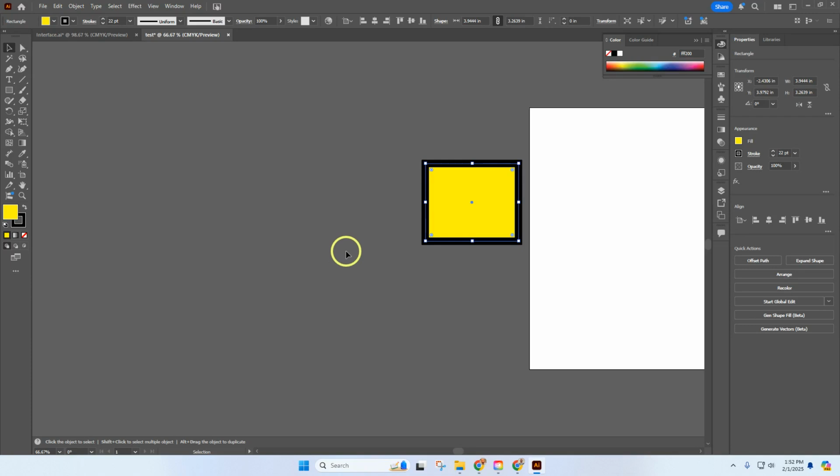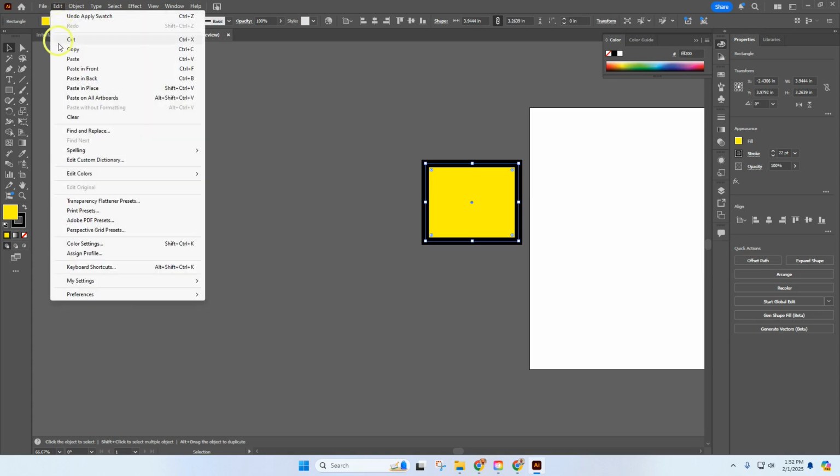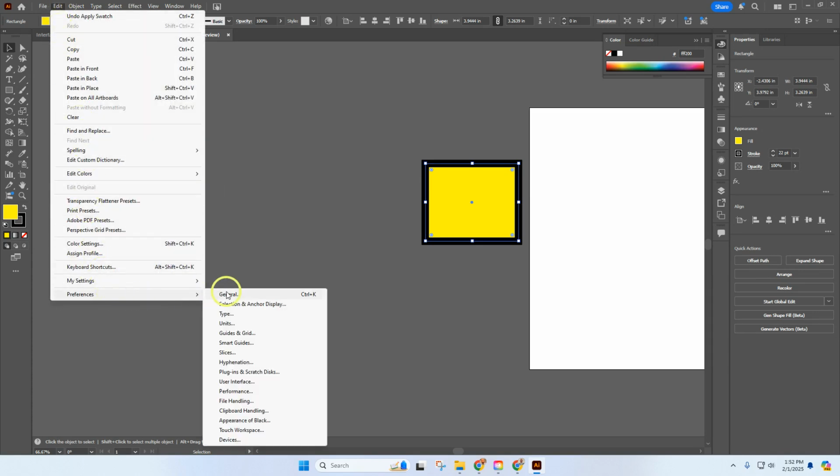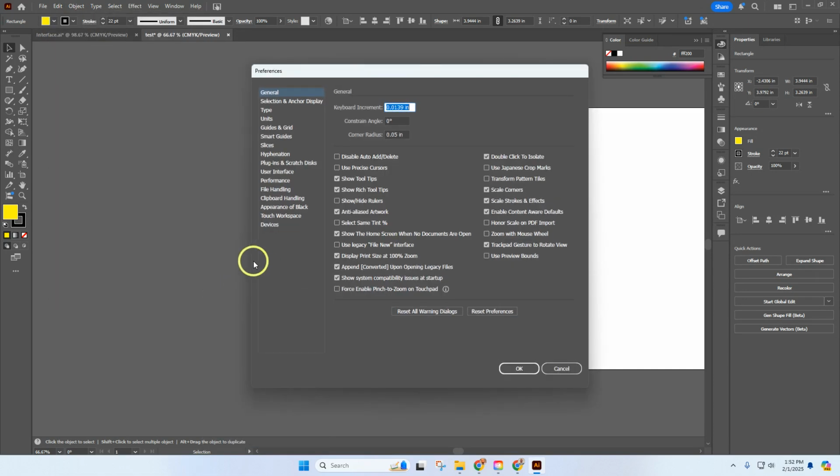So now I'm going to quickly go over something I'm going to touch on again in this edit. There are a lot of different preferences for the increments of how things are adjusted in Illustrator. These are settings for how you want to fine tune and tweak the way Illustrator looks. So real quick, I want to point out this where it says